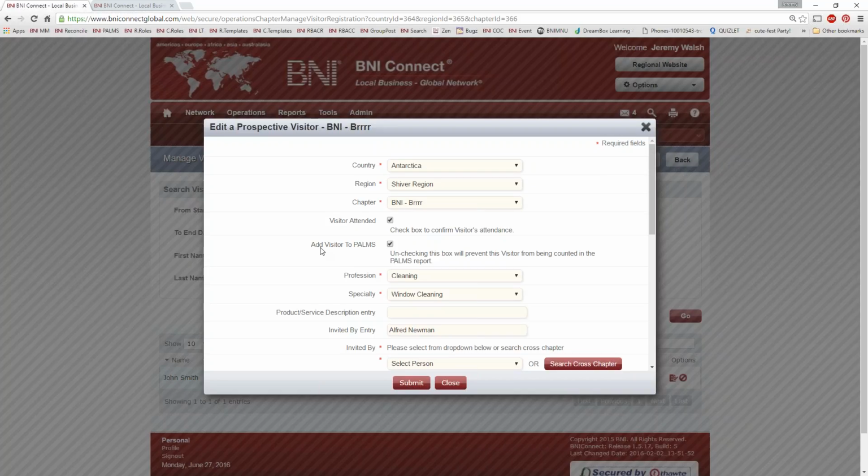So obviously we do want to give our members credit for inviting visitors, but we want to make sure it's only the first time and also only for qualified visitors. So if a visitor has come back a second time, a third time, a fourth time, it's okay to put that into the database, but we don't necessarily want to give Alfred Newman here credit 3, 4, 5 times for the same visitor, because what's going to happen is that's going to lower the chapter traffic lights